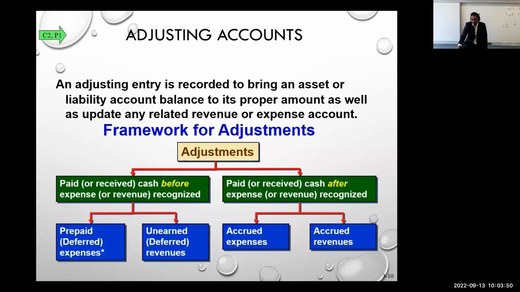And we'll go through that. And those are, so we have prepaid expenses, unearned revenue, deferred expenses, deferred revenue, accrued expenses, accrued revenue. So